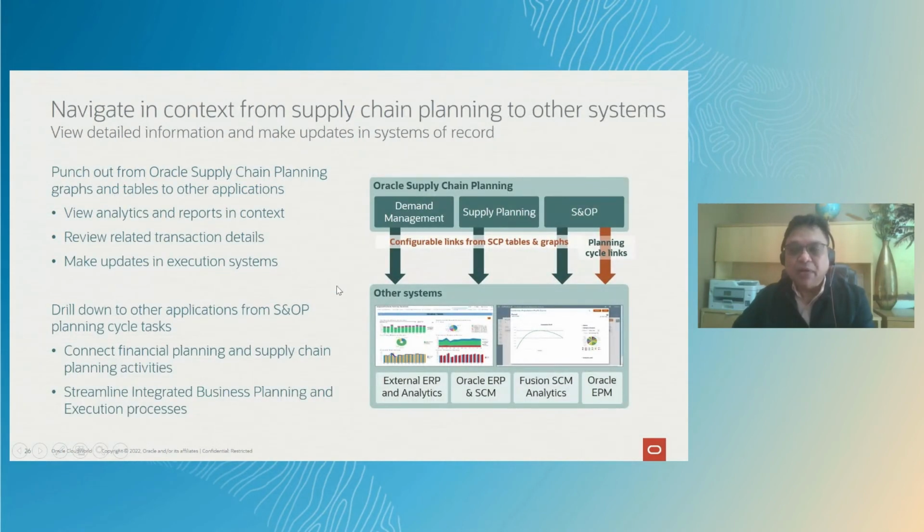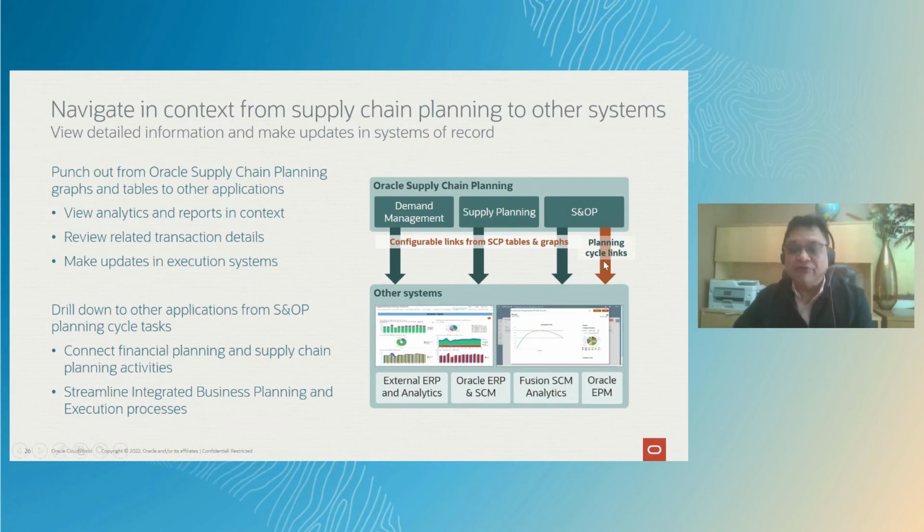Another key capability coming up very shortly is the ability to navigate in context from supply chain planning to other systems. So both from tables and graphs, be able to link to other systems, both internal and external to cloud, and open that screen so that you can have more detailed information, for example, detailed purchase order or work order that are generally not required to be able to plan, but you still may need that information. So you can pull that up side by side and look at that information and